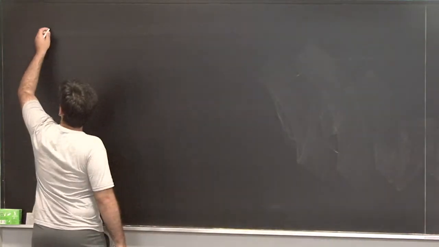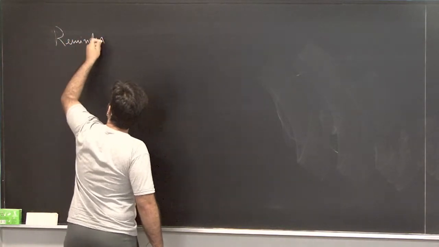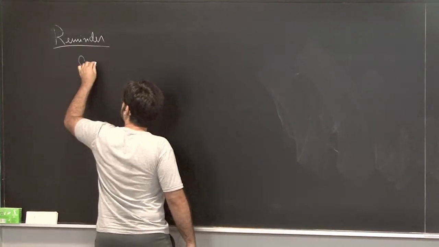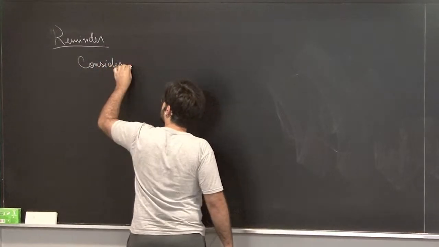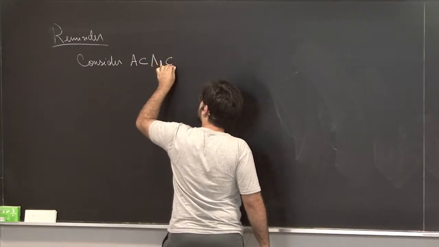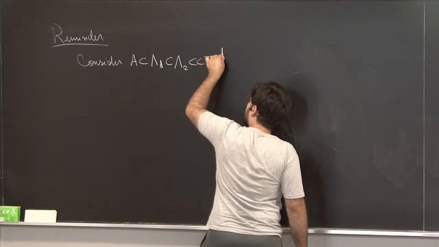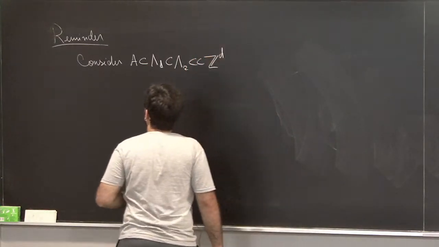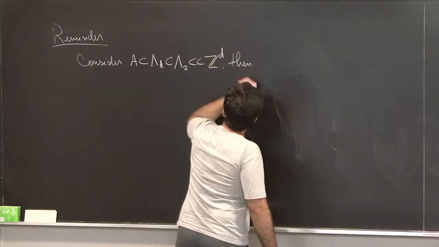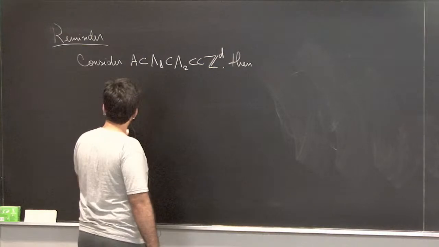As a reminder, we were trying to show the following. Consider a subset lambda 1 that is a subset of lambda 2, both finite subsets of Z^d. Then we have the following chain of inequalities for